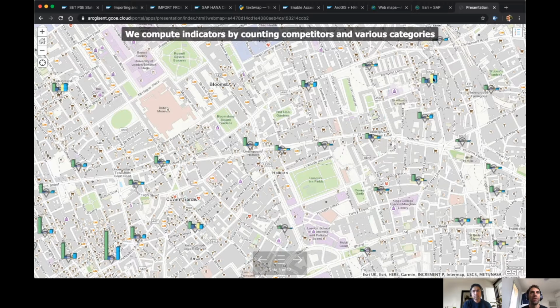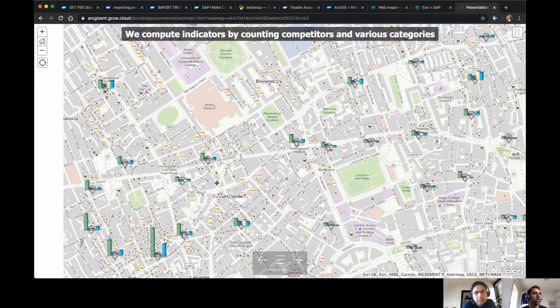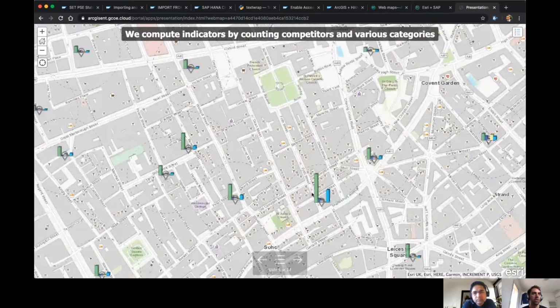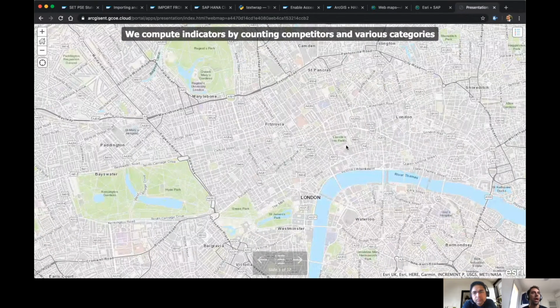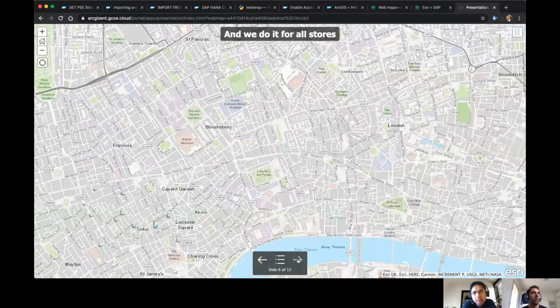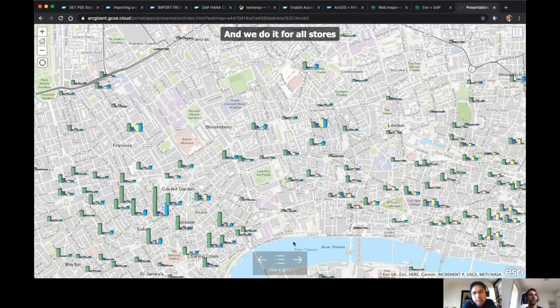So here you see there's lots of yellow. Sorry, yellow is the restaurants. So the locations are not uniform. So here, yeah, there's a lot more. It's more dense in terms of shops. So we have to understand what's good, what's bad, and the way we do it is by computing the same indicators for all the shops,